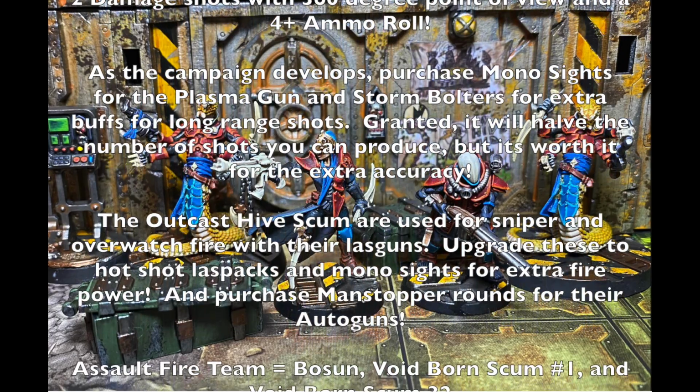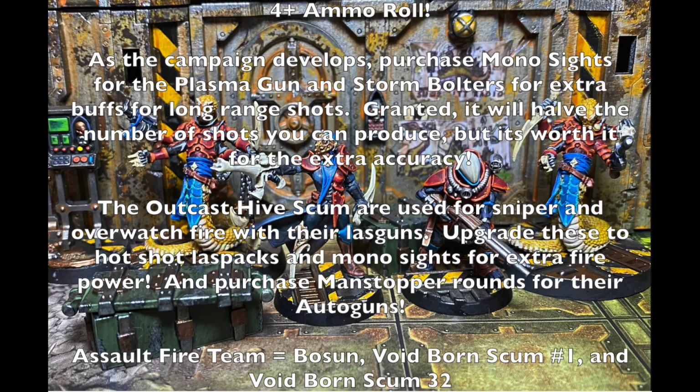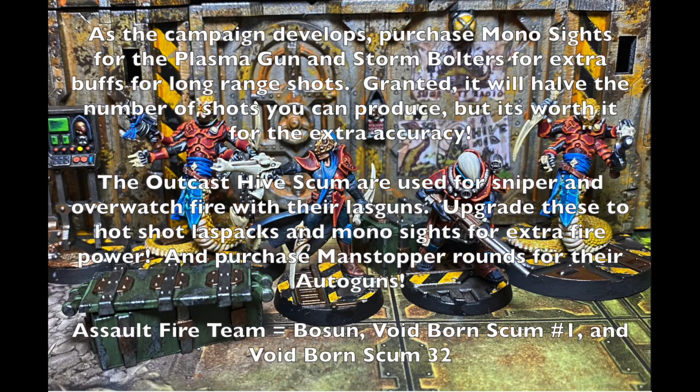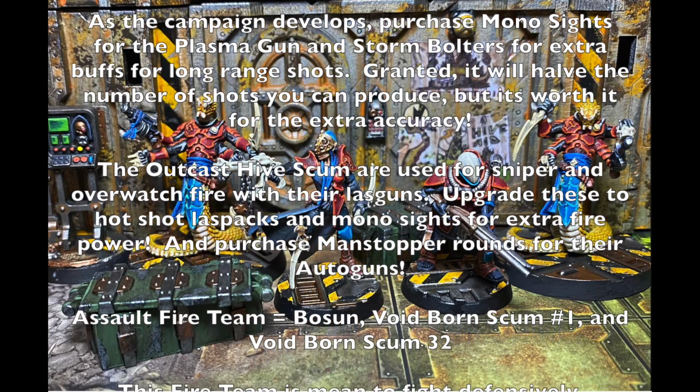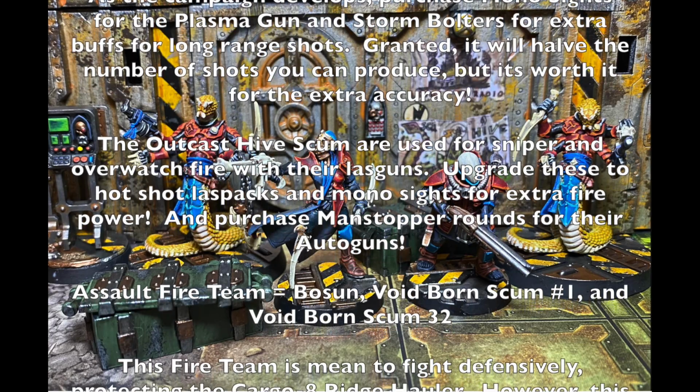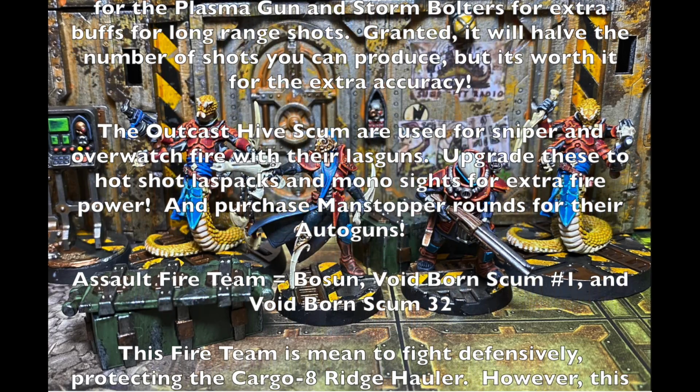Having that 2+ to hit at basic aiming is really, really good, especially at long range. Now, granted, you will reduce the number of shots by half, but that extra accuracy at longer range is very much worth it. Now, for your Outcast Hive Scum, they're going to be primarily used as snipers to provide overwatch and